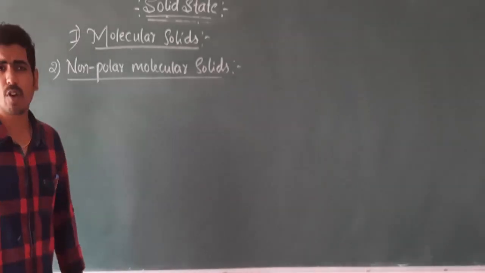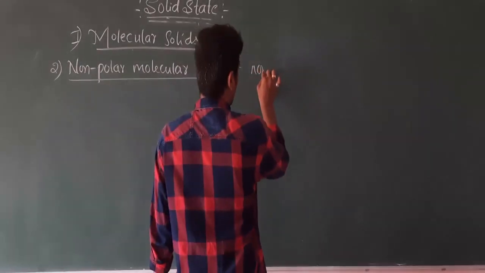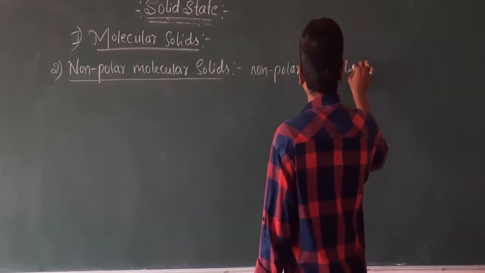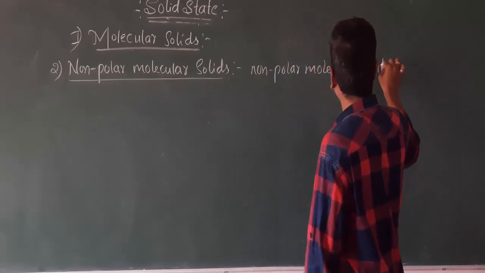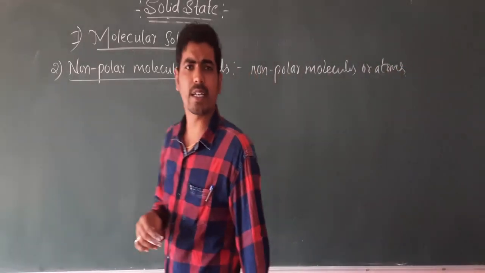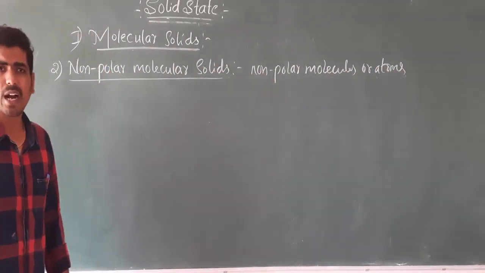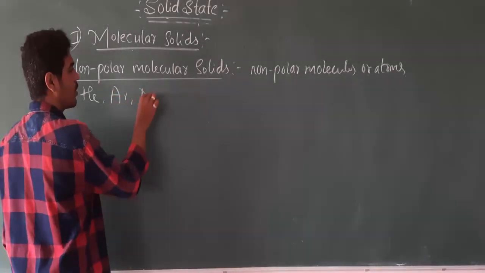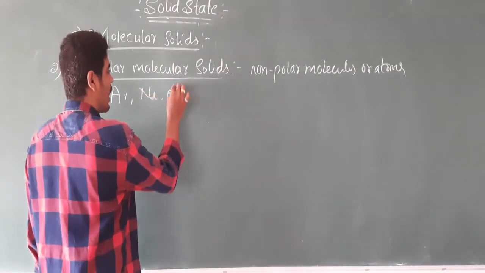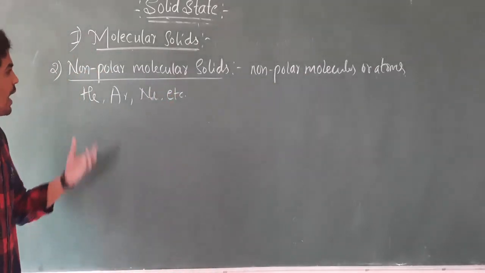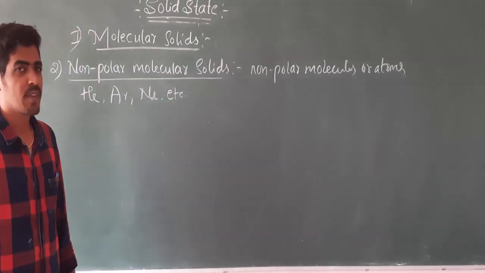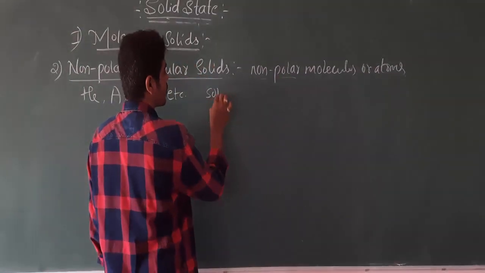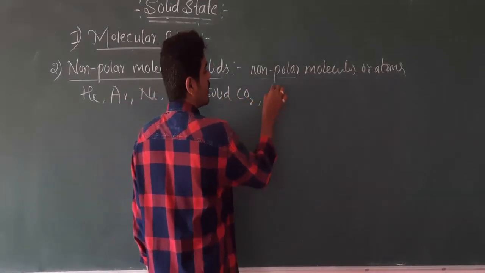So in this type of solids, the constituent particles are non-polar molecules or atoms. For example, noble gases like helium, argon, neon, etc. These are present in free state and they are present as atoms. Or also, if I consider the non-polar molecules like solid CO2, solid I2,